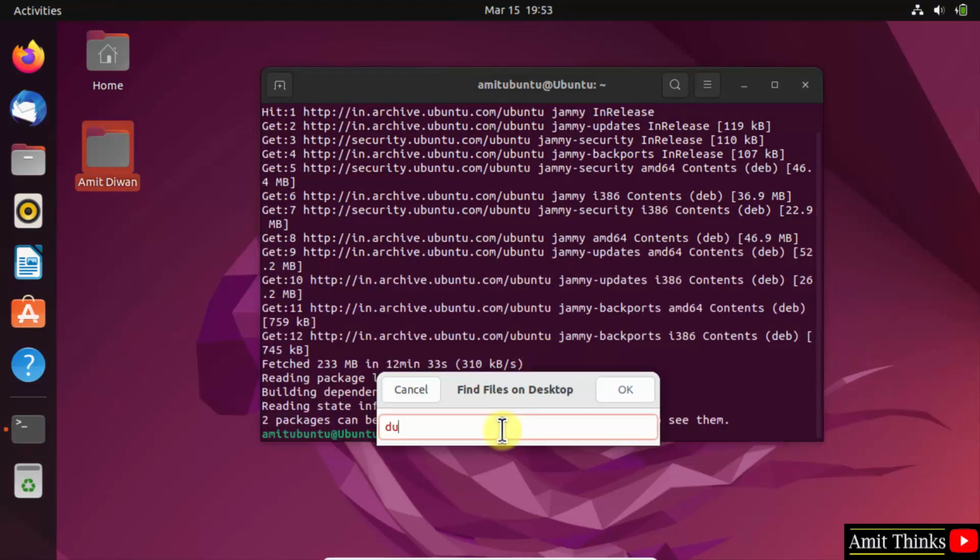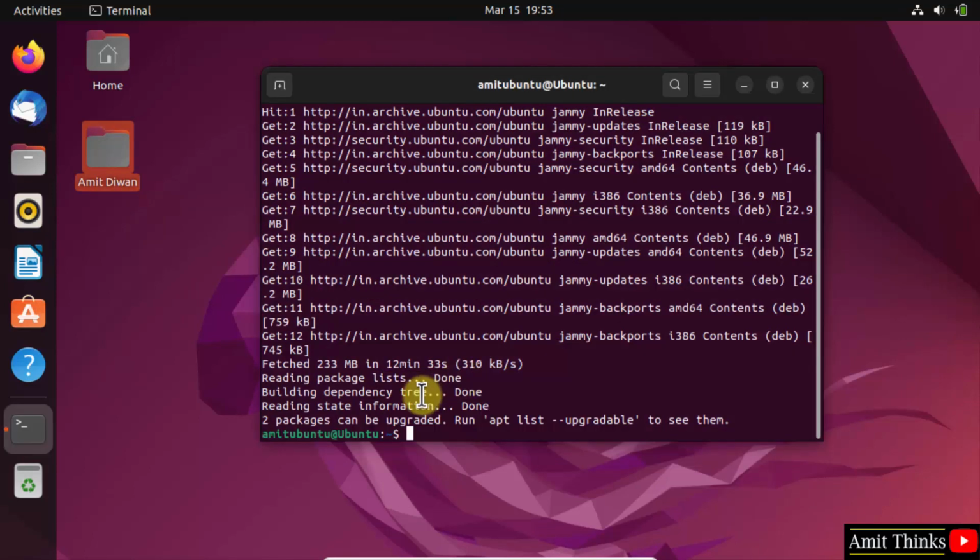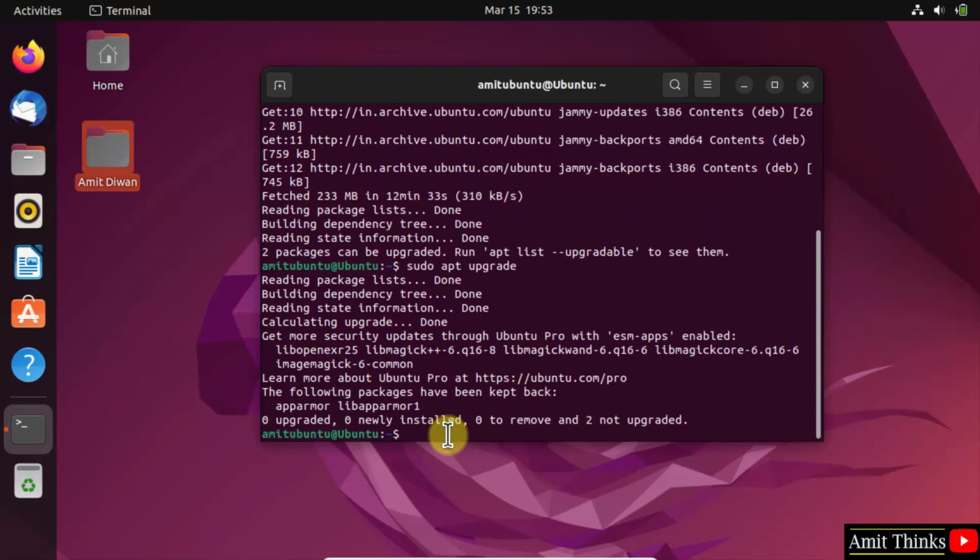Now guys type sudo apt upgrade. Press enter. Now we will install the Inkscape: sudo space apt space install